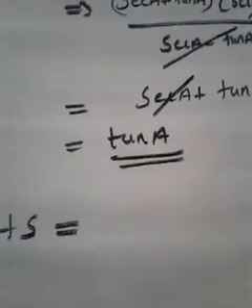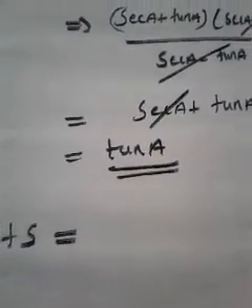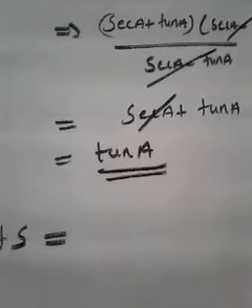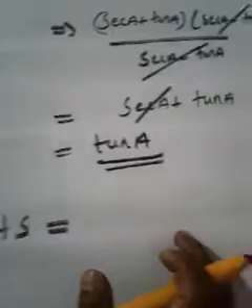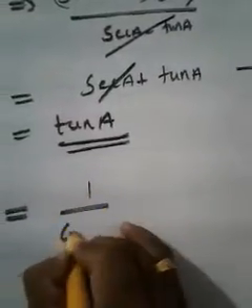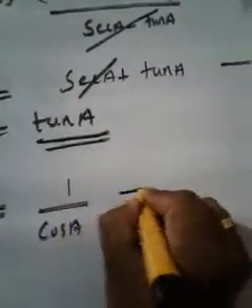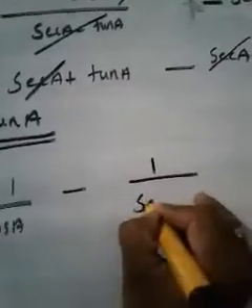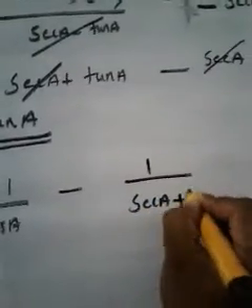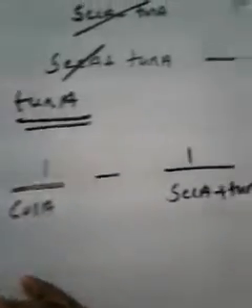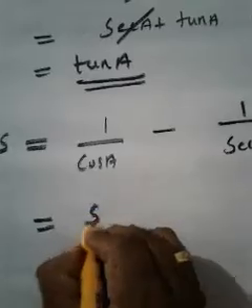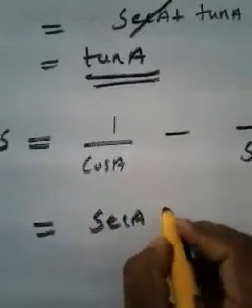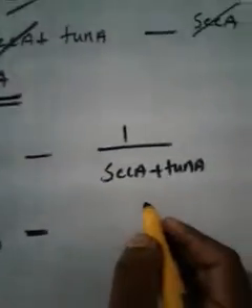If your LHS is not giving weight to the RHS side, let it be there. Let us take RHS. Then RHS is what? 1 by cos A minus 1 by cosec plus tan A. You may have understood. 1 by cos A minus 1 by cosec plus tan A. Similarly, can you write 1 by cos A as sec A? Of course, minus. Then tell me.